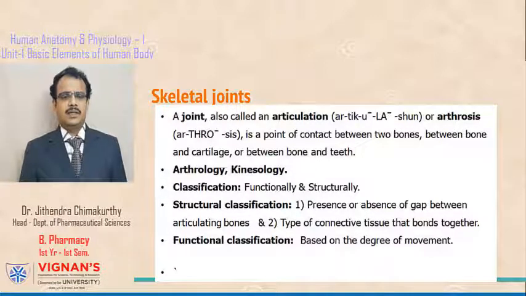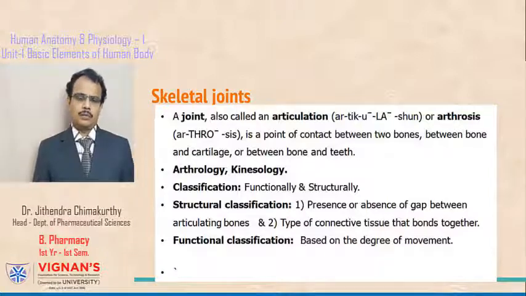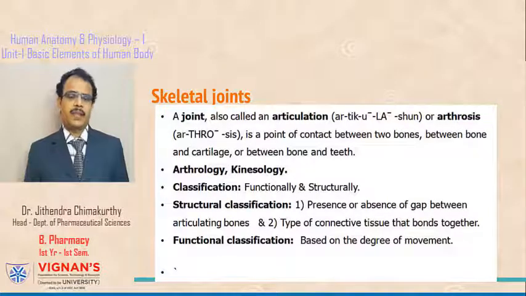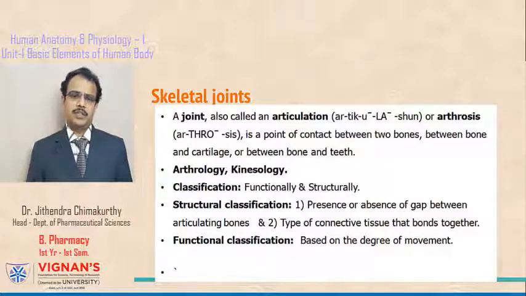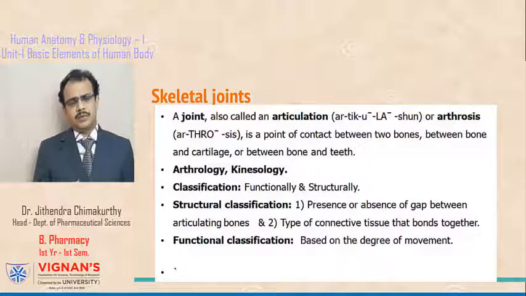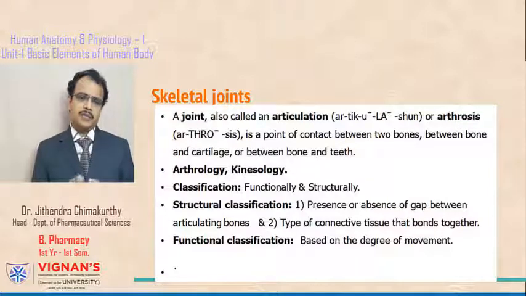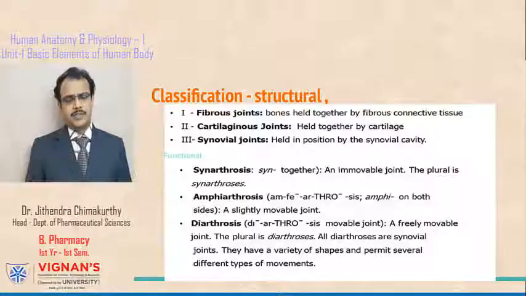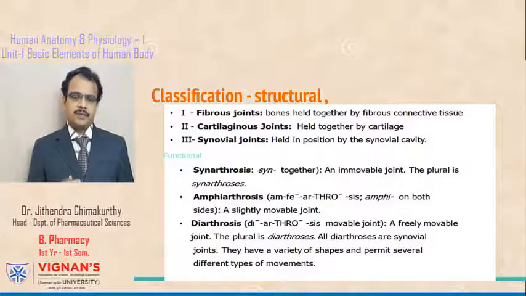A joint is a site where two or more bones meet together, and there are different joints in the body and they serve different purposes. The main function of a joint is it facilitates the movement. Apart from this, they are also necessary for holding any two bones in place. Let's see about what are different types of joints and what are their functions.